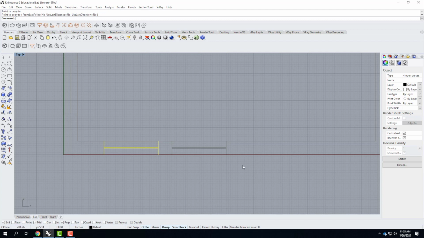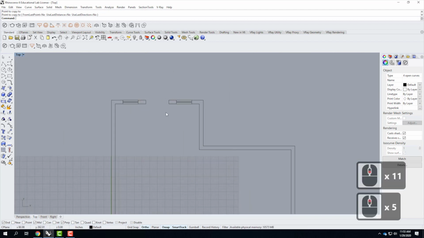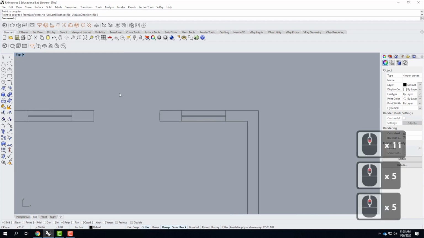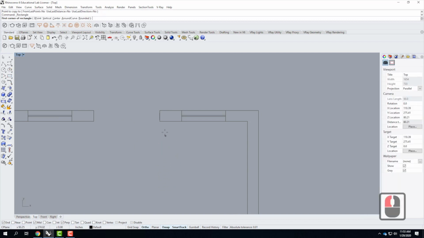So a couple more things that I will show you. First thing was how to draw the door. So in the case of the door, I'm going to use the rectangle tool, which is right here, rectangle corner to corner, and I'll pick the corner where the door swing begins. So it's right there. Now, here's a perfect opportunity to use those relative coordinates that I talked about in the beginning. So I need the other corner of this rectangle. So to do that, the easy way of doing it would be a relative coordinate. So I type @